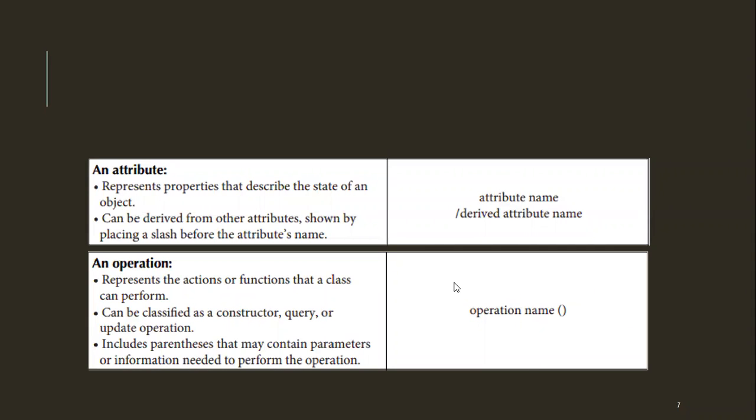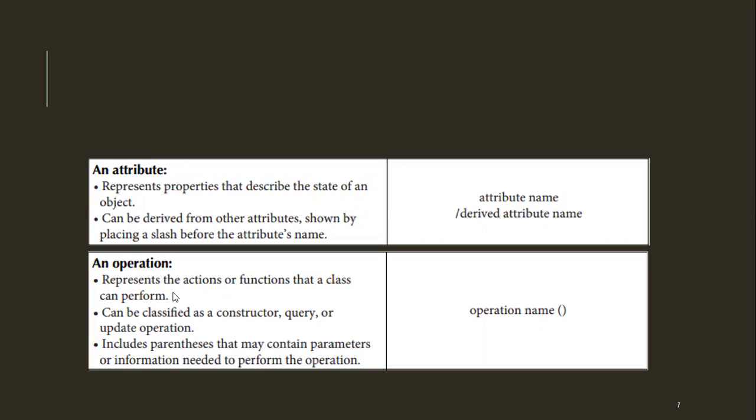So when you are mentioning an operation, you have to make sure that you use a closing and opening bracket. Understood? A mouse click is also an operation, isn't it? So when you represent an operation, or code it, or write it, when you are mentioning it as an operation, you have to mention it with the opening and closing bracket. Okay, that has to be clear. I'll show you a few examples, then you will understand.